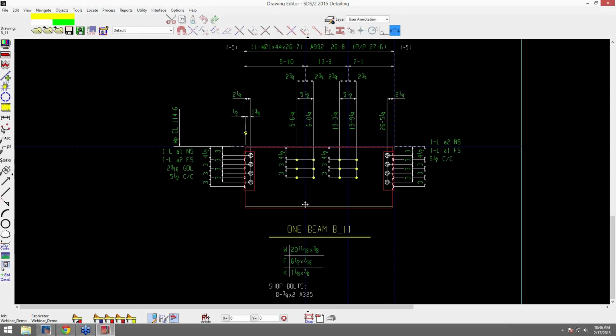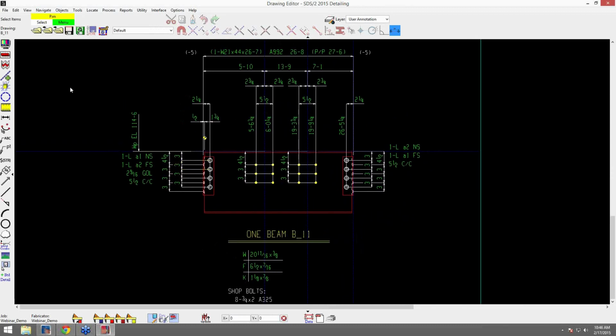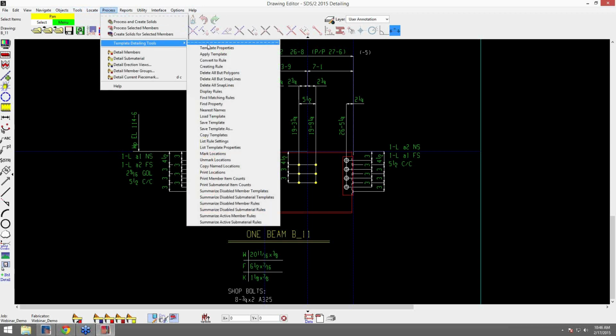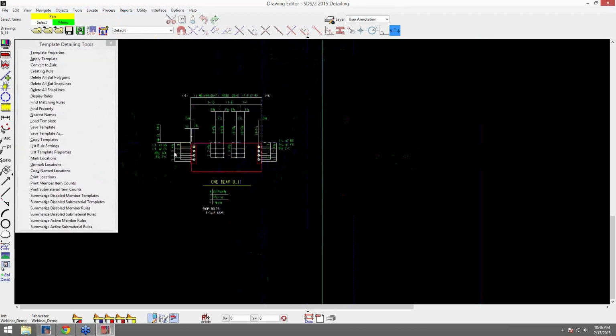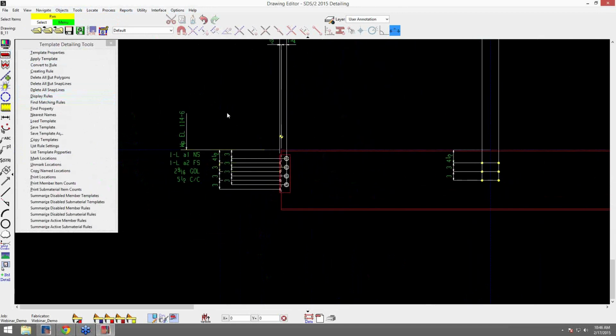I'm going to open up a particular member here. We'll just go to B11 in this case. Going back to the previous idea that these templates are going to be capable of being modified by the end user. Like I said before, all your tools can be found in the process pull down under template detailing tools. Now, we can go through and control or find which particular rule and or template created a dimension